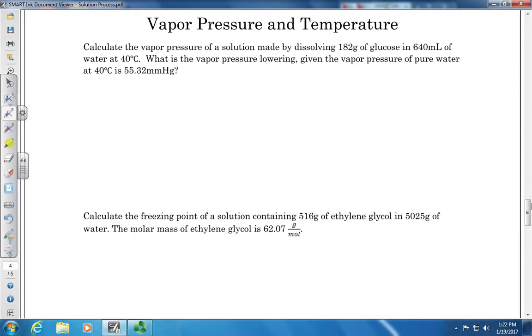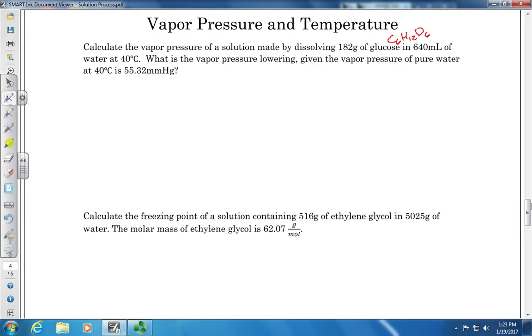So we're asked to calculate the vapor pressure for a solution made by dissolving 182 grams of glucose, which is C6H12O6, if you don't know, in 640 milliliters of water at 40 degrees Celsius. We're asked what is the vapor pressure lowering given the vapor pressure of pure water at 40 degrees Celsius is 55.32 millimeters of mercury. So what we need to do is select the proper formula and identify the components that